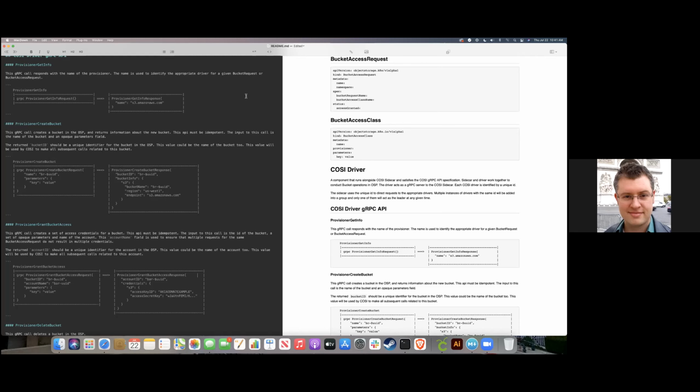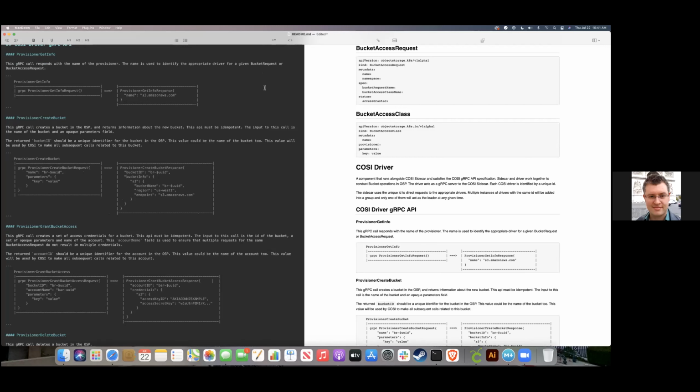So, Alice will create some buckets and Bob will create some buckets. And the only difference at the Cozy layer is a different UUID. That's the only difference between Alice's buckets and Bob's buckets. So I agree, I think the drivers can do this. The drivers can certainly handle this, but isn't it something that all drivers should somehow think about?